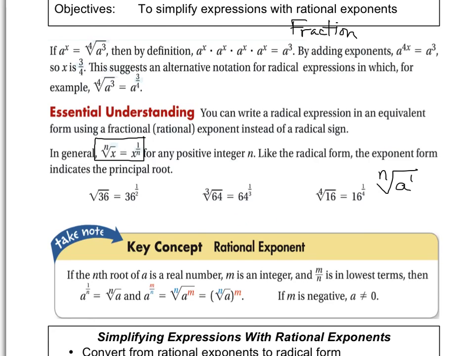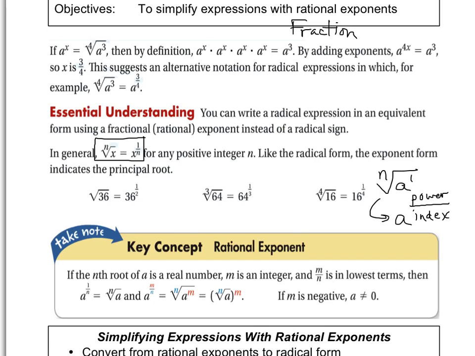of a to the first. Okay? In order to write this, this is going to be a to the power of whatever's underneath the root divided by the index. Okay? It's always going to be the power on top, the index on the bottom, which is why you'll notice